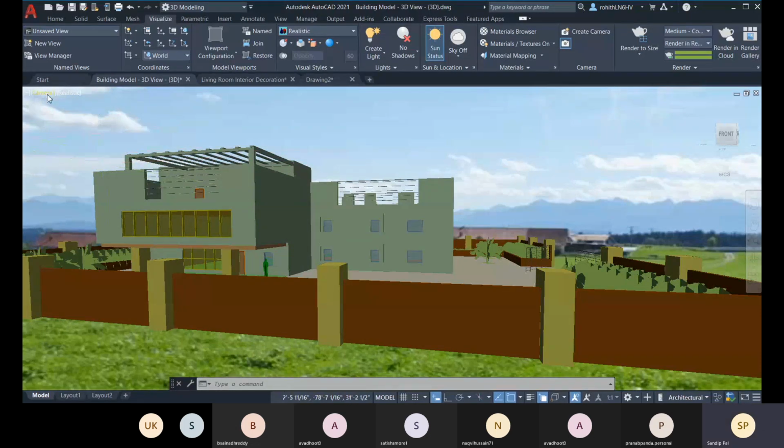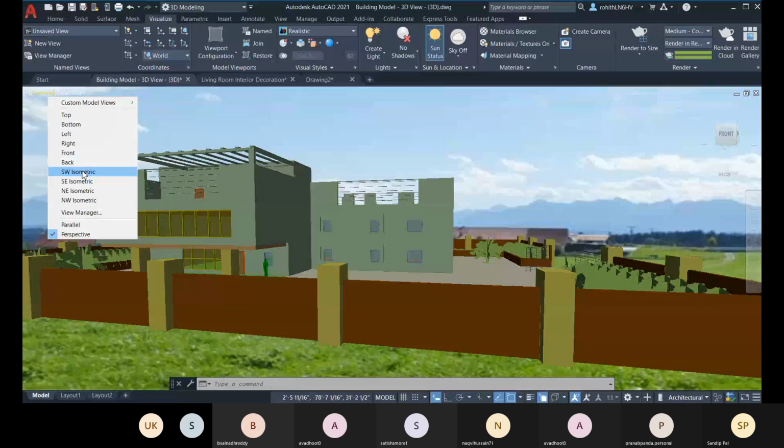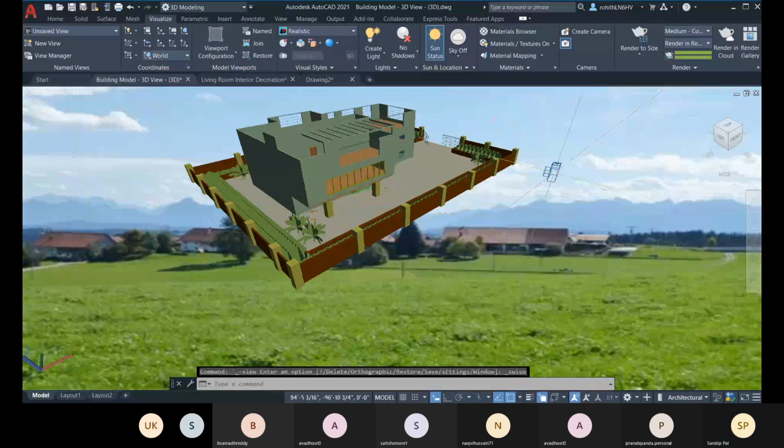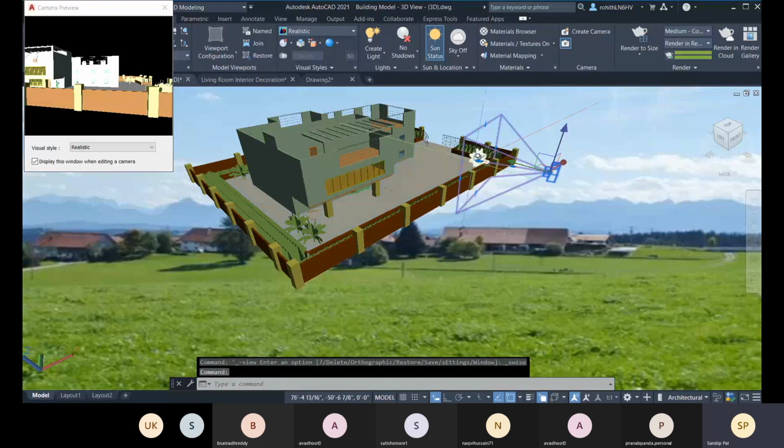Okay, and now the final time is for the camera placement.